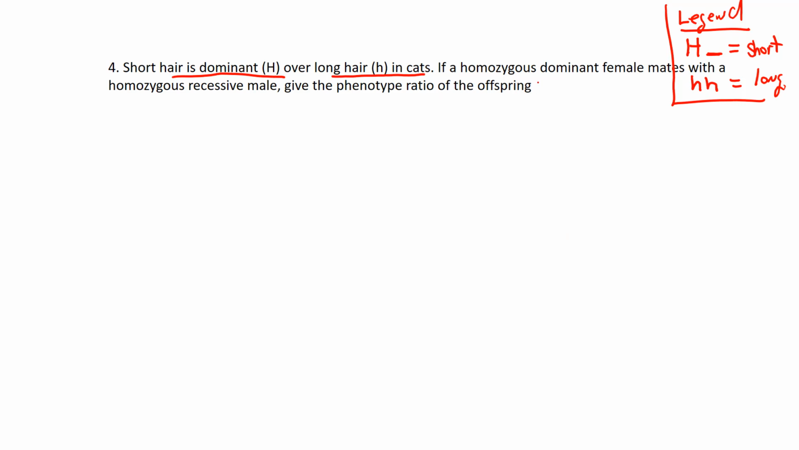If a homozygous dominant female mates, there's our cross, with a homozygous recessive male, give the phenotypic ratio of the offspring. So let's go back in, fill in their genotypes. Homo meaning the same, dominant meaning H's. So capital H,